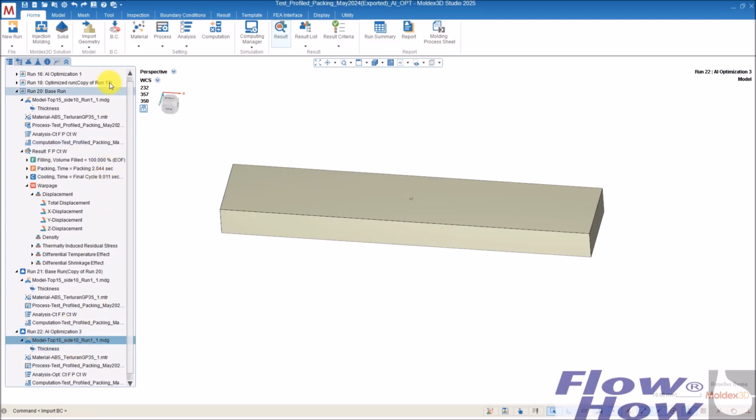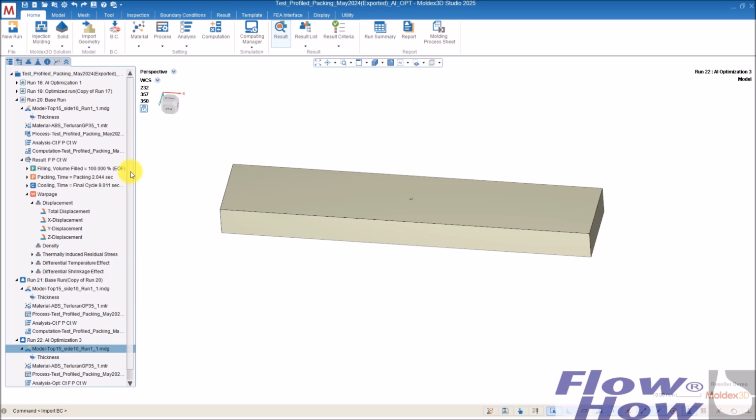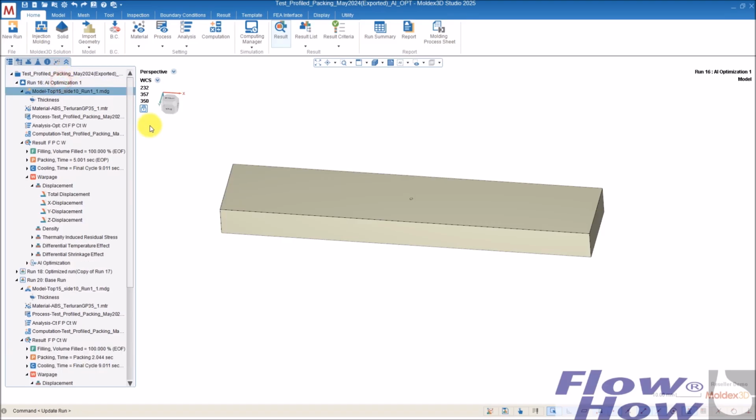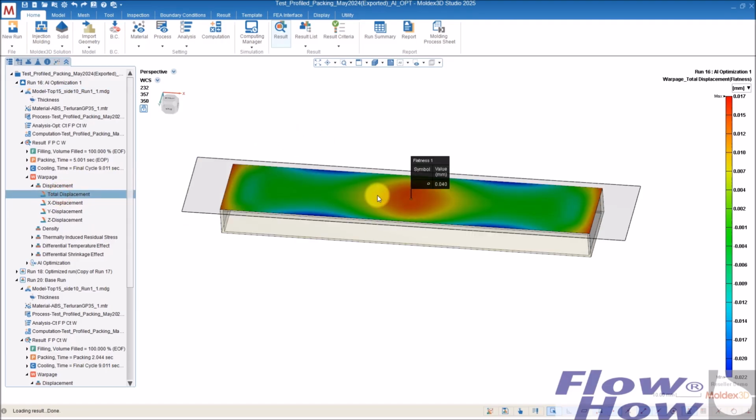Now it's just run this simulation, and I already did. So now I have this total displacement by warpage and its flatness already, and it gave me a flatness now of 0.04, so much more flat.